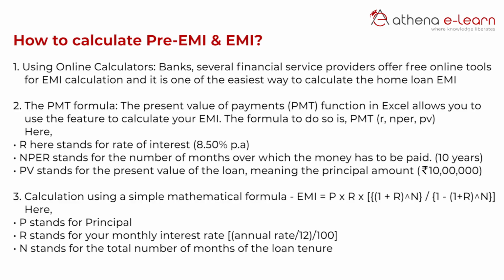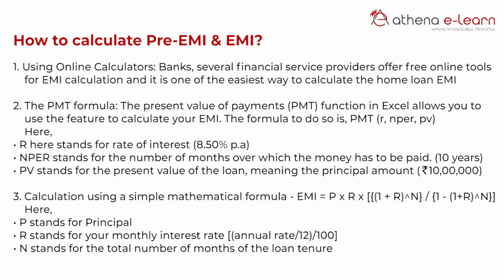Now, when we talked about EMI and pre-EMI, the question that obviously comes to our mind is, how do you calculate an EMI? The pre-EMI is very simple. All you need to do is to take the number of days, take the interest rate and apply it to whatever loan amount has been disbursed. But the EMI is a little more complicated. Remember from our arithmetic in school, any calculation of interest involves three parameters: the amount of loan, which is the principal, the term of the loan in months, and the interest rate that is being charged.